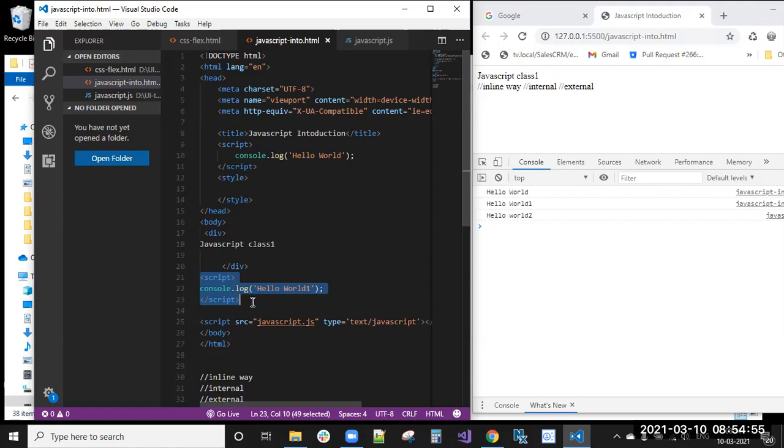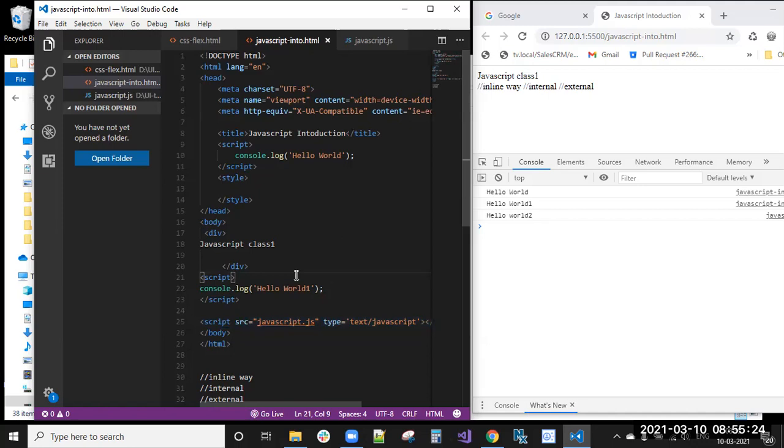One more is in the head section, where we can also write using the script tag. That is the internal way. And the external way is inside the body tag, before closing the body tag, where you keep the JavaScript file references. That is the best way actually. So in these three ways, we can include JavaScript in our HTML page.